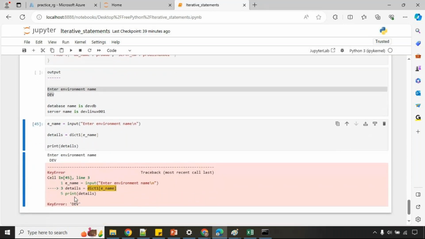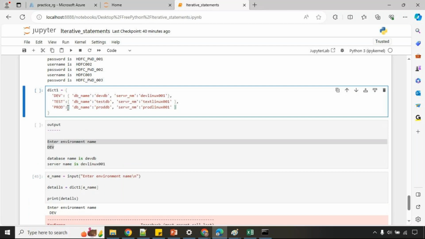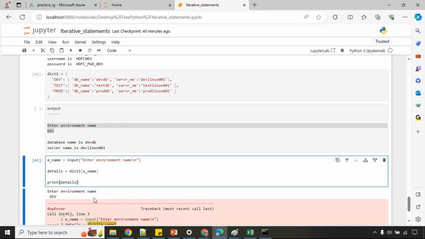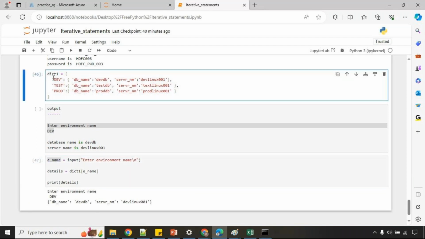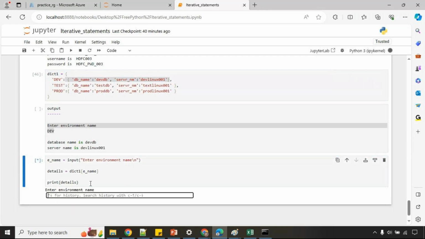Dev. Going to enter this one. Dot items, yeah, no, no, not required. So here, I just entered the environment name. For this environment, whatever the value is, I can get it. Using the key, we can get the value. Here, the key is the environment name. Now, next observe here. I'm going to enter